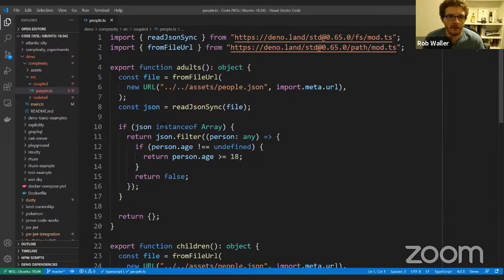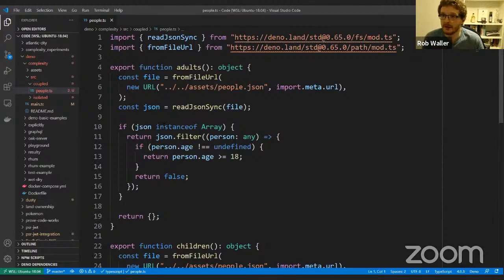And basically what we have is 2 examples I'm going to show you. And again, they're TypeScript, they're Deno, but I know this is PHP North East, but it doesn't really matter. It's all about the principles. It's not necessarily about the code. It's how the principles work of code isolation and complexity, rather than what language you're using. Now, in this first example, we have what I would classify as coupled code or non-isolated code. Again, where basically our call to IO, our call to input-output, exists in the same place as our business logic.